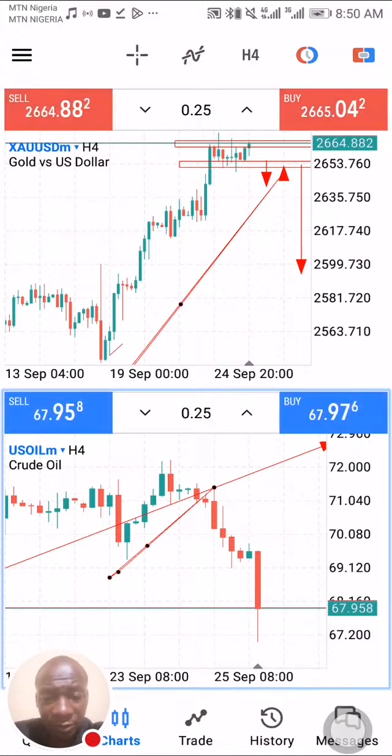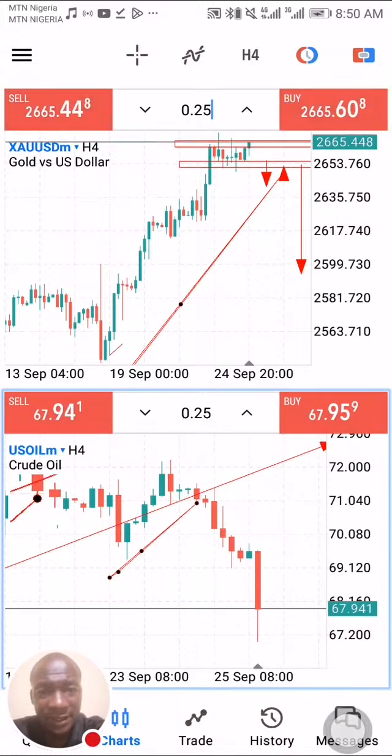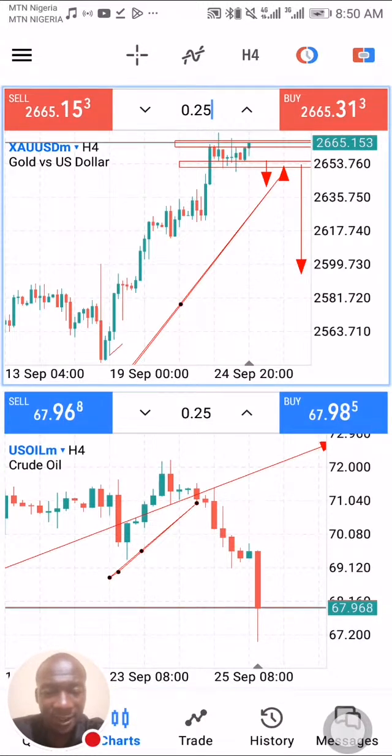But this will be impossible for traders with maybe a $100 account or a $50 account, because they do not have enough capital. Taking a trade on gold, you need a minimum of at least 3 pips to have a safer stop loss. If you have a $100 account, it's impossible to risk 1%, because the micro lot size I think is 0.01. So if you're having a 3 pip stop loss on a $100 account, you are risking 3%. That's $3 on each trade. So unless you are really lucky,